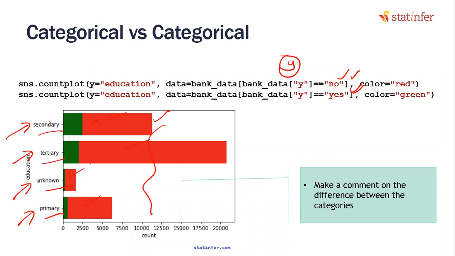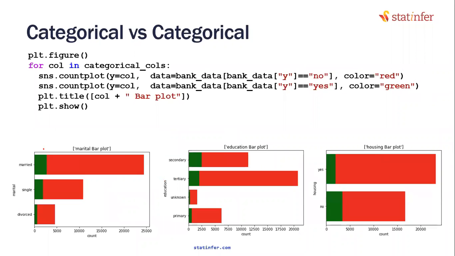But if you see the inverse, suddenly something different happening in every bar, there is red that is dominating, but in a particular bar there is a higher value for green and lower values for red, then you would say that this particular category, when this is primary education, is very different compared to the other ones. Similarly, you can draw a bar chart for all the categories versus this variable.